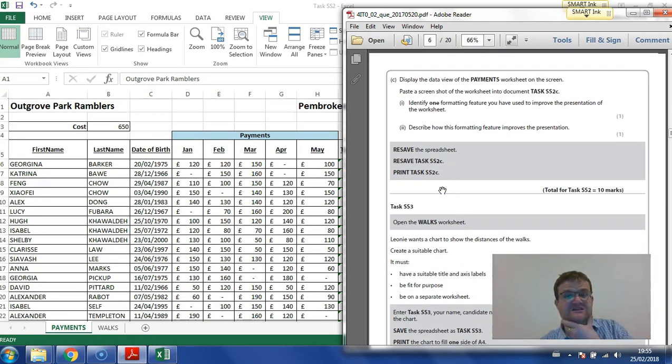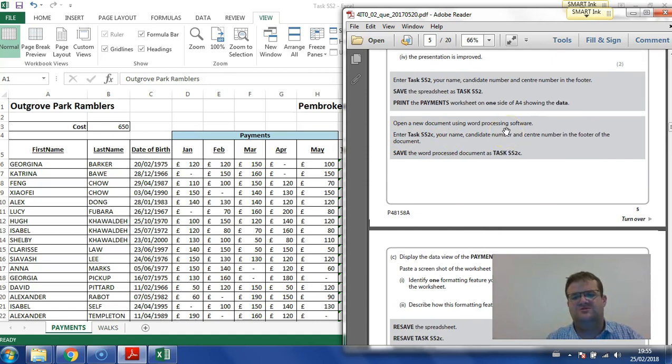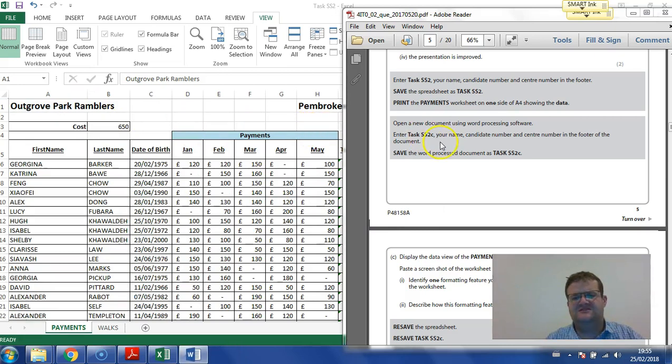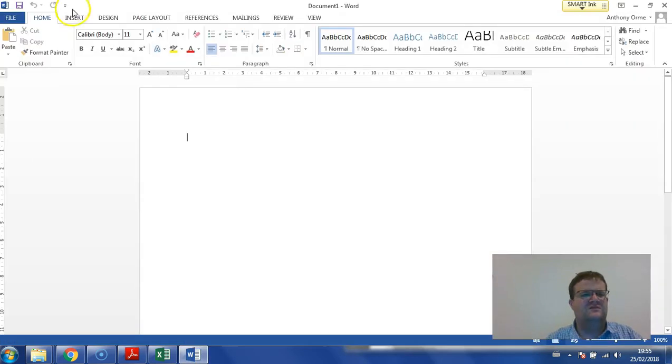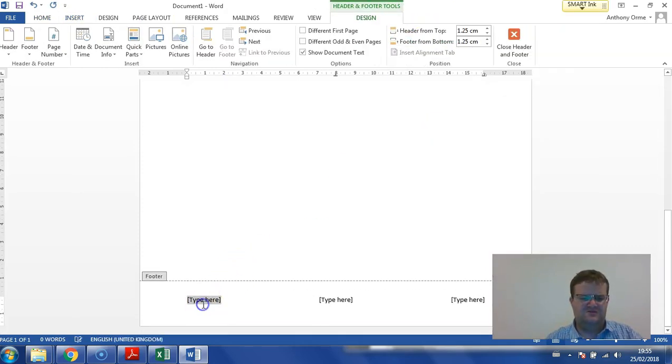It says display the data view of the worksheet on the screen. Paste the screenshot into a document SS2C. So up here, open new document using word processing software. We need to have SS2C and your name in the footer. So we go insert, and we put in the footer, like so, task SS2C, delete the middle, and on the right I put my name,